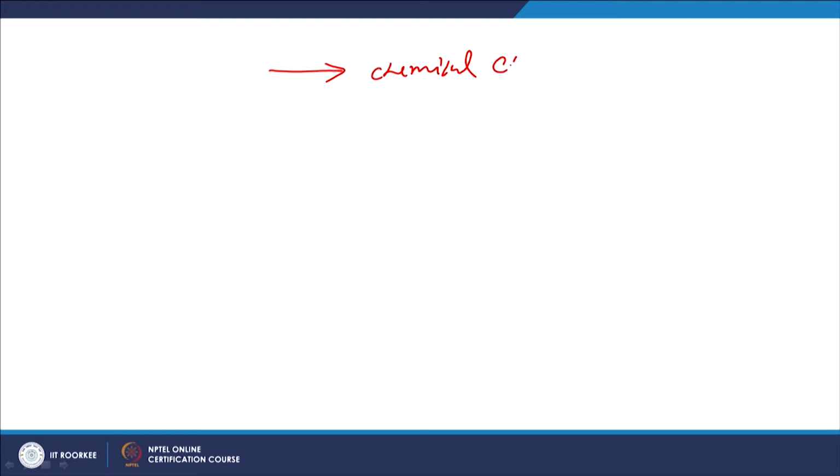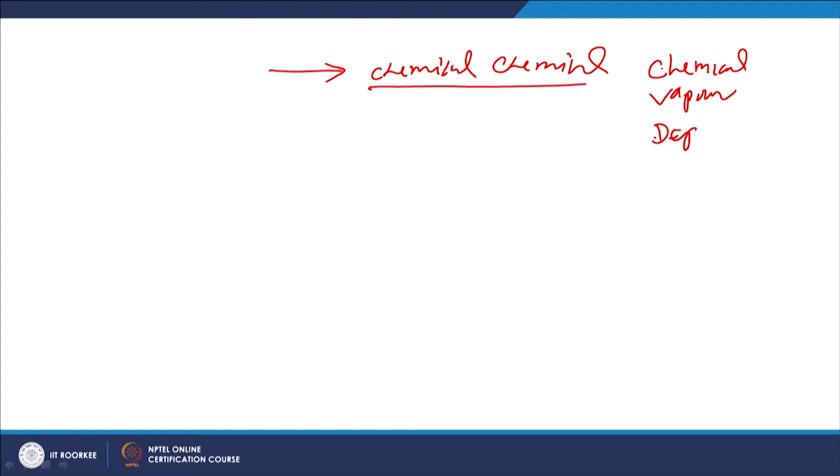One is the chemical reactions at the surface, and this is basically used in the chemical vapor deposition process. This approach is extensively used in case of the tool inserts, where multiple coatings or the single coating layers are deposited over the carbide tools. So the coated tools are basically manufactured using the